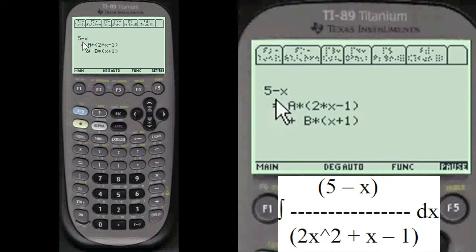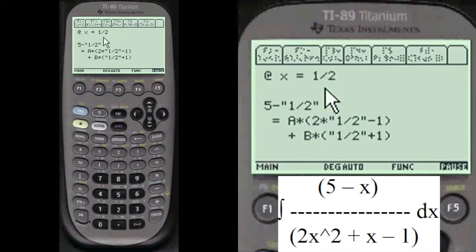So we come up with 5 minus x equals, common denominator, a times 2x minus 1 plus b times x plus 1. We always look to make one of these 0 so we can do the math on it. So at x equals 1/2,